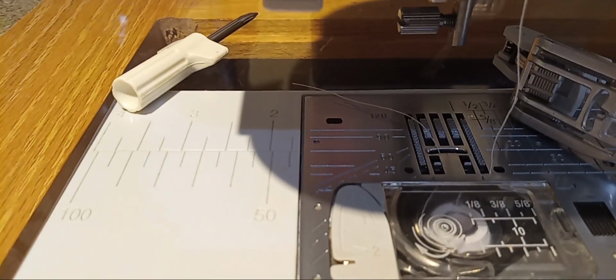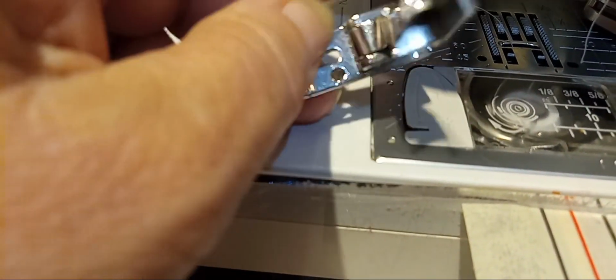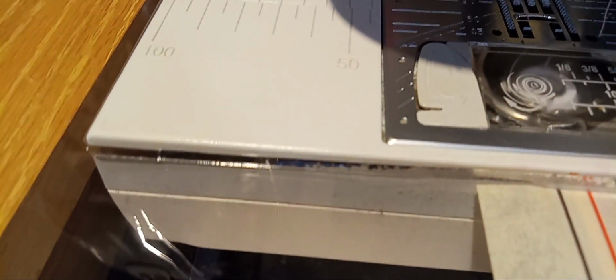But I've taken off the HD foot. It is the one that I use, or the ankle, I guess. No, it's the actual foot. I use this more than anything now. I actually love this. I use that more than anything. Anyway, so to attach that, you've already